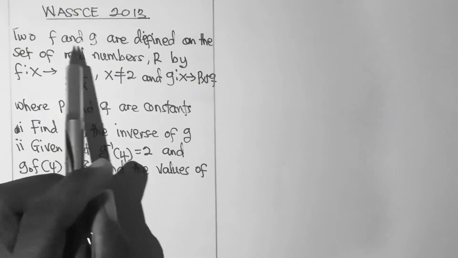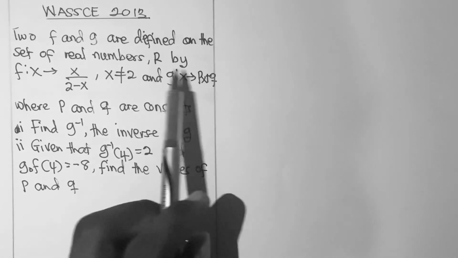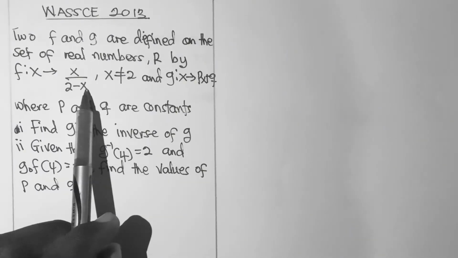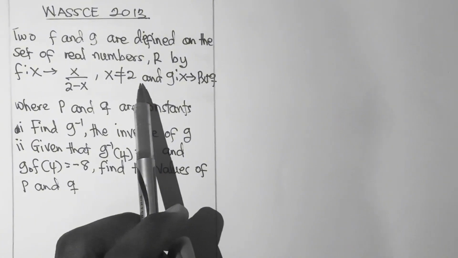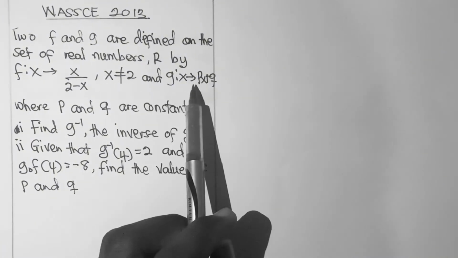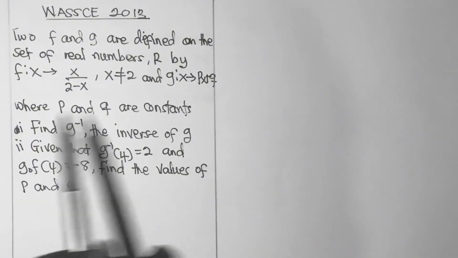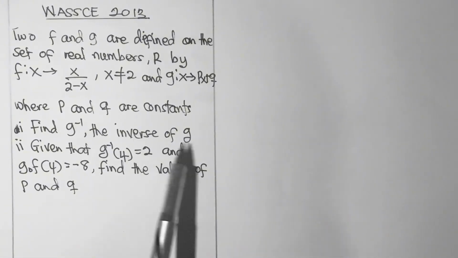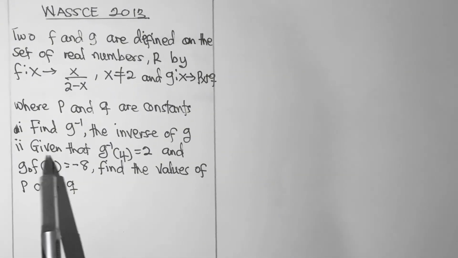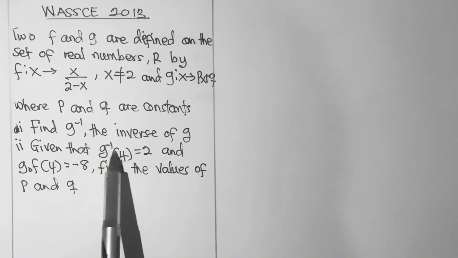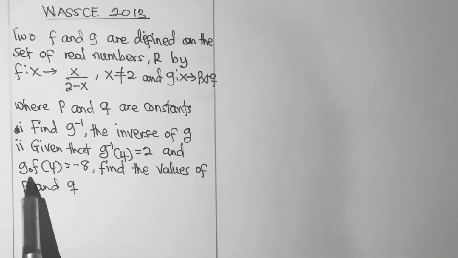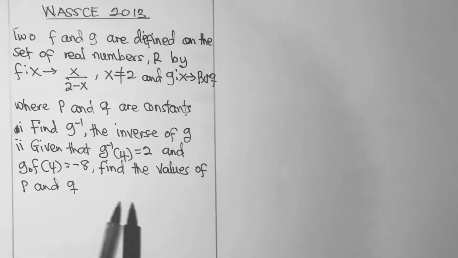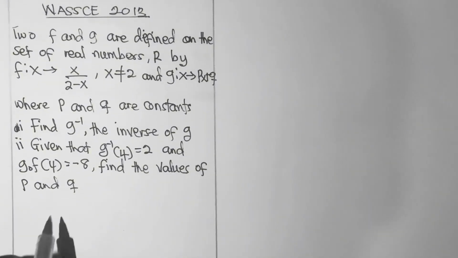Two functions f and g are defined on the set of real numbers R by f: x maps to x over 2 minus x, but x is not equal to 2. And g: x maps to px plus q, where p and q are constants. Find g inverse, the inverse of g. And then the second part says that if g inverse of 4 is equal to 2, and g of f of 4 is equal to minus 8, you should find the values of p and q. So now,